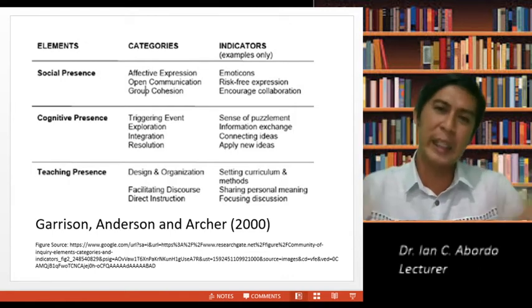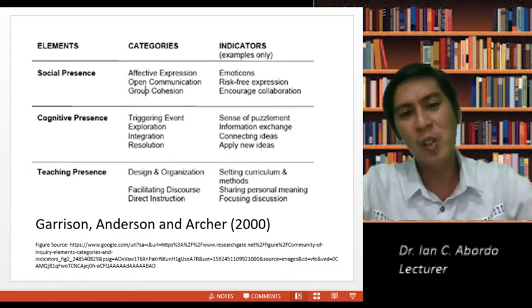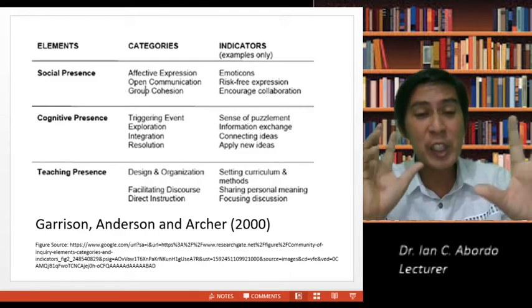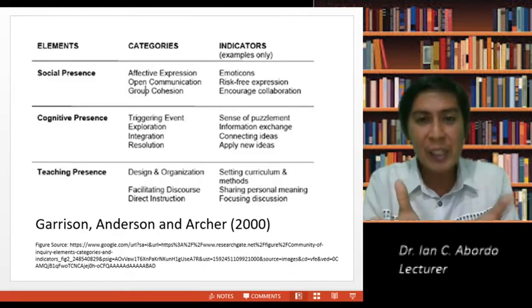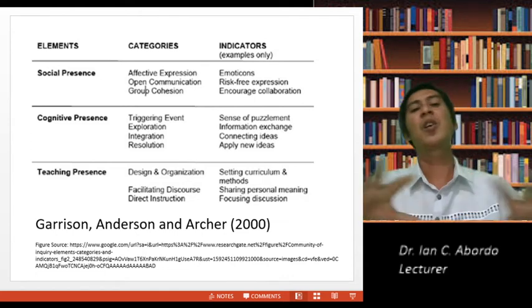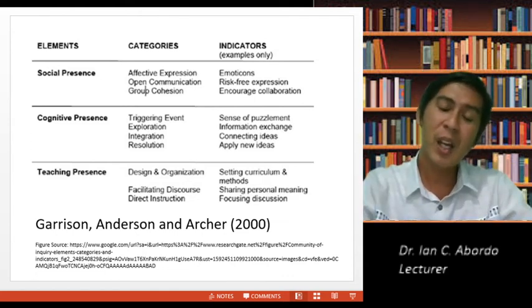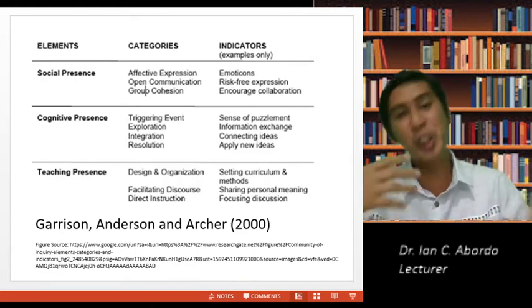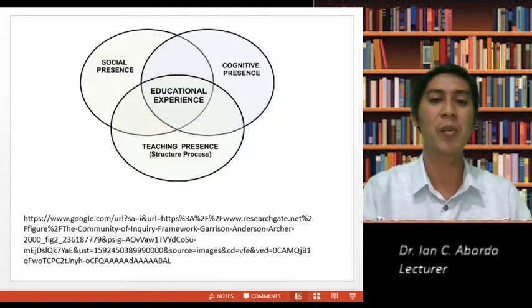If content and skills are missing, no cognitive presence. If students are not taught how to learn content by activities and tasks, no cognitive presence. If it doesn't encourage group cohesion and sharing, no social presence. So all these elements must be available.